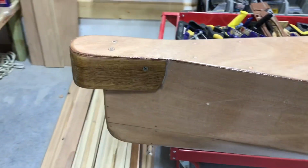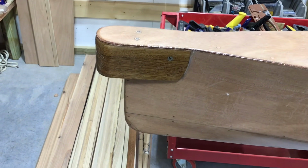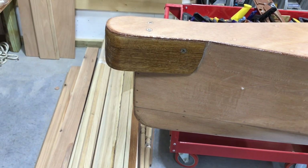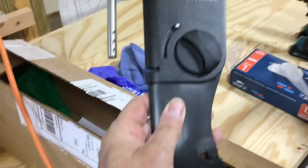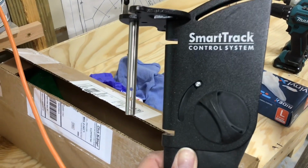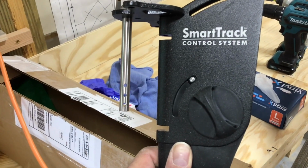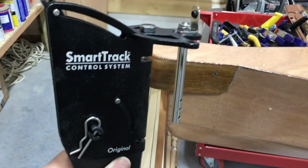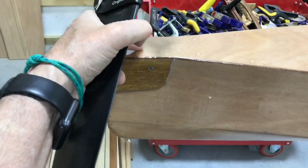We put this extra piece of oak back here on the stern because the rudder that we have is this Smart Track, and it's got this pin, and you see it's got some holes there that could accept a cotter pin. So when I very first started looking at this, I thought about just drilling a hole straight down in the back of the stern,